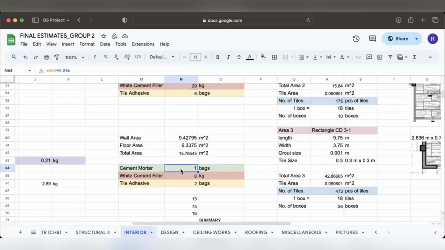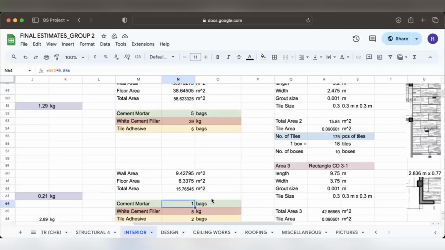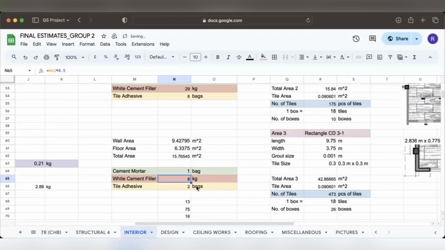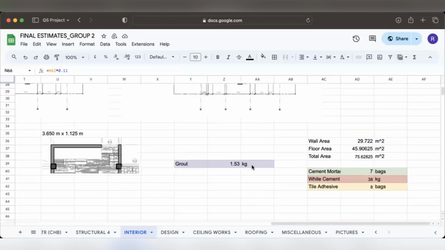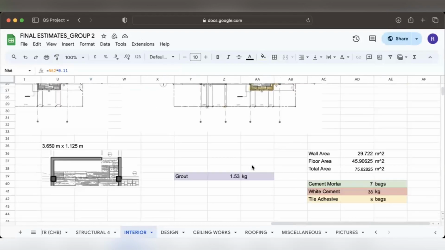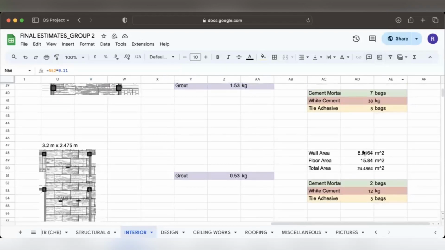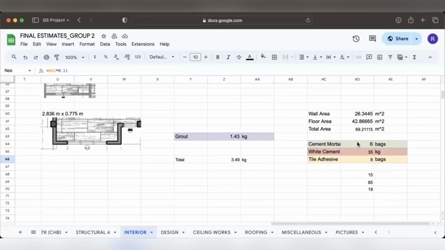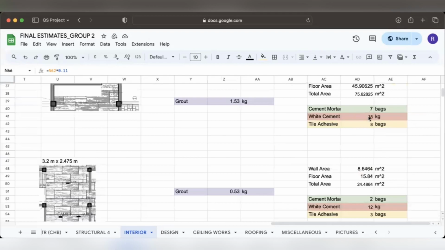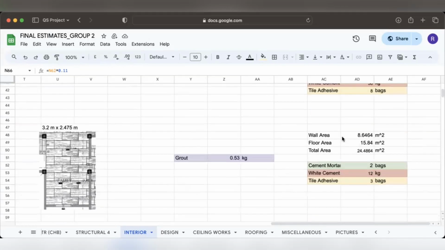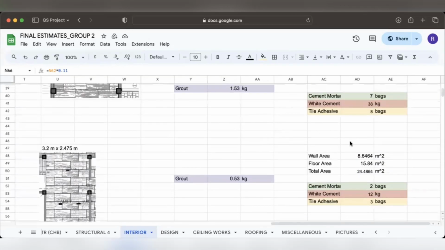And lastly, for area 3 of the first floor, we'll be needing 1 bag, 8 kilograms of white cement filler, and 2 bags for tile adhesive. Same thing with the second floor. Using this same process, we will get 7 bags, 38 kilograms, and 8 bags for the following: cement mortar,